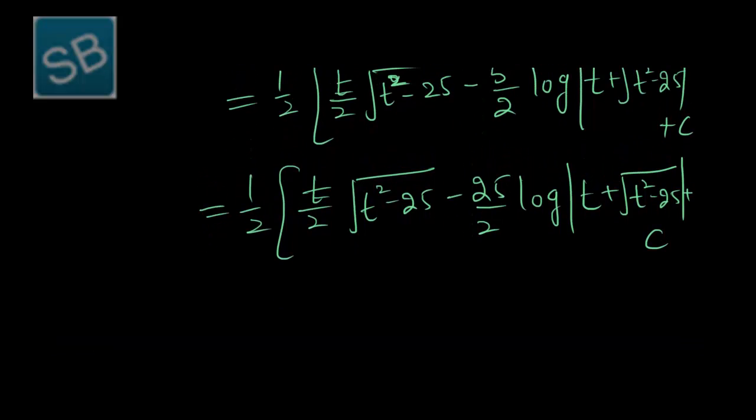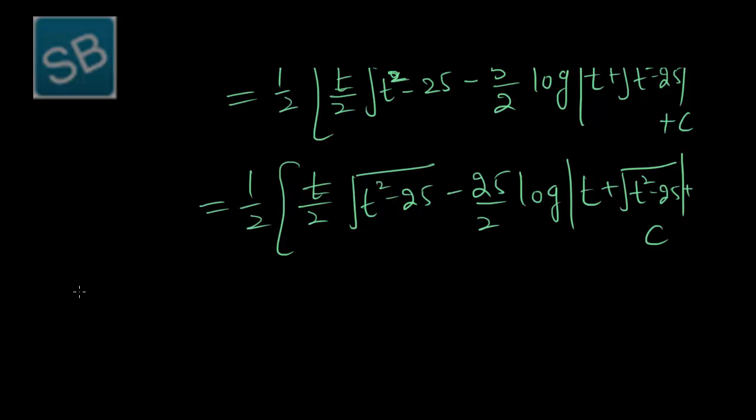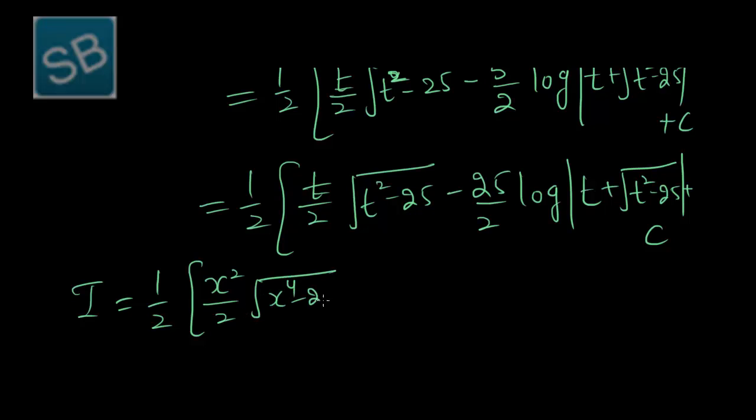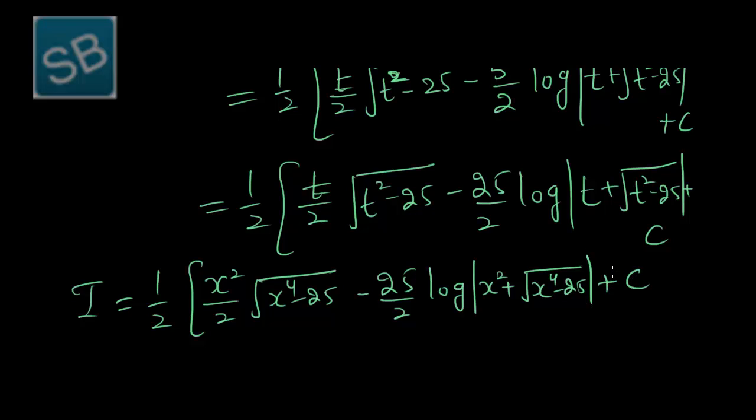So we get I is equal to half, replacing t by x square: x square over 2 under root x raised to power 4 minus 25, minus 25 over 2 log of x square plus under root x raised to power 4 minus 25, plus c. So this was the problem based on standard results. You see, we use the standard form of integration. So the next problem is